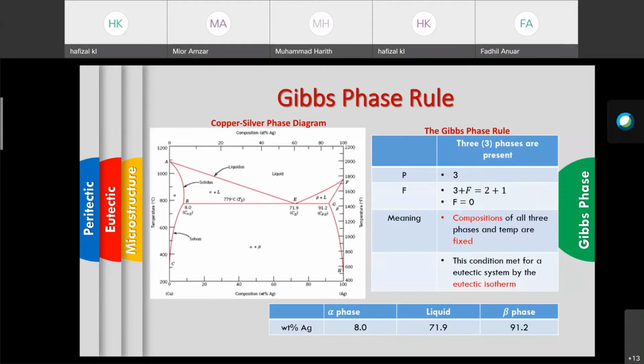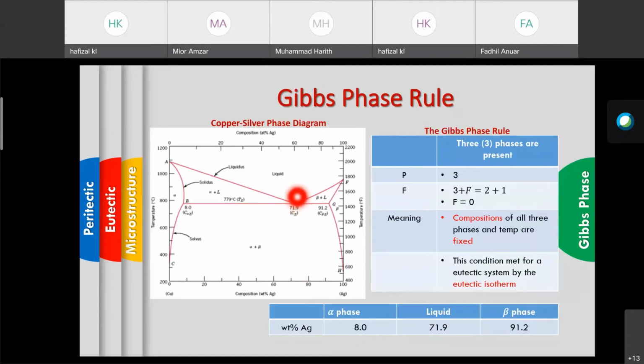This is a term that we use at a certain point where the liquid, we can see there is a point we call the eutectic point, or eutectic temperature. At this point, the transformation from the liquid to the solid takes place. At this composition, if we project along the axis, we can see the composition of the Ag here. So from this point, at point E,